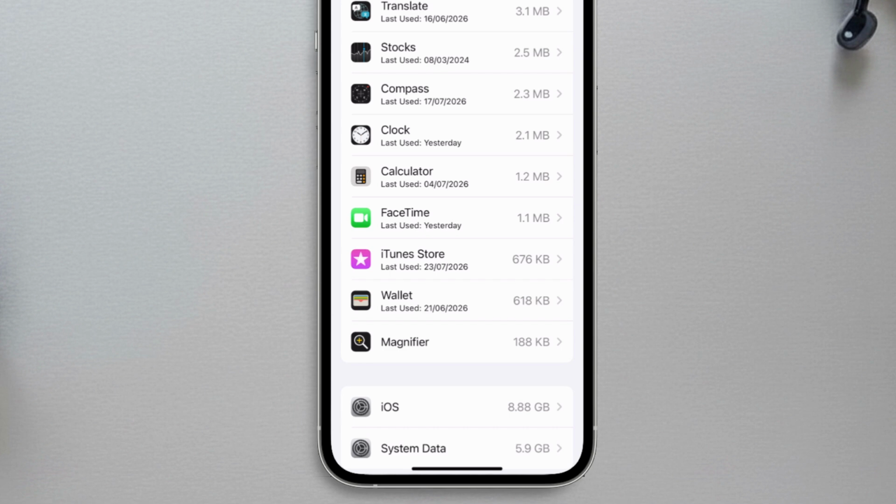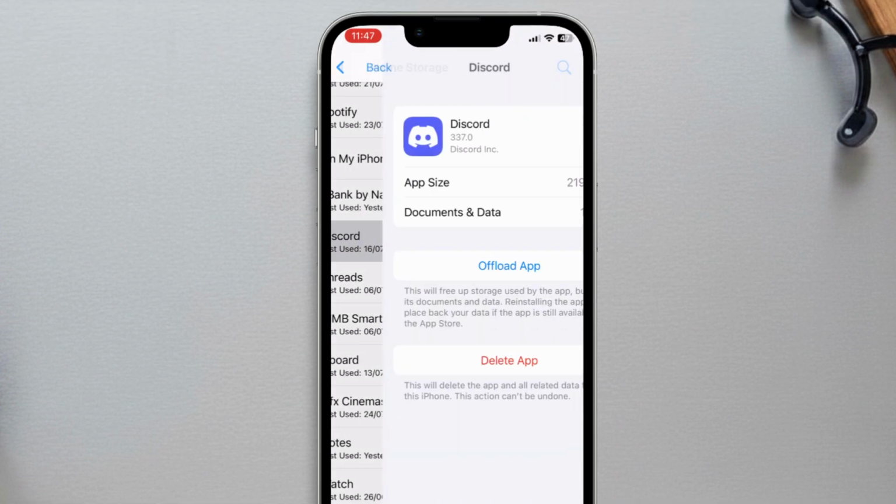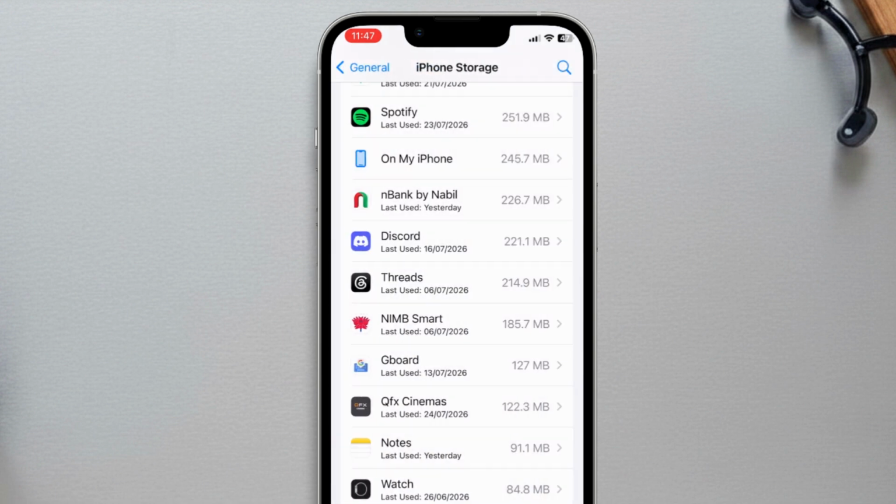Instead, check the apps and data using the most storage. Tap on an app you no longer need and choose Delete App to remove its data and free up space. You can also check your photos, messages, and other large apps for unnecessary files and delete anything you no longer